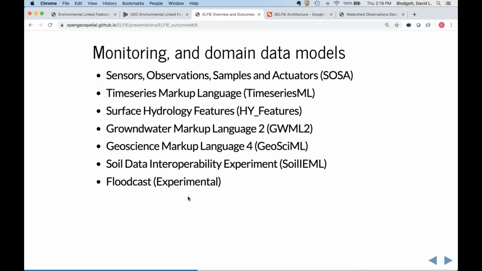We extend that notion of network into what we call domain data models. Some of these are pretty general, like SOSA, so sensors and observations, and time series, but some get pretty specific. So we've got surface hydrology features, GeoScience Markup Language. There was some experimental work on a data model for flooding.